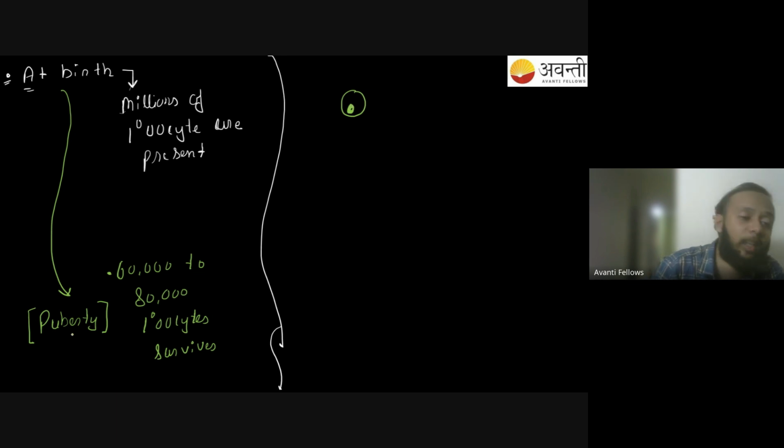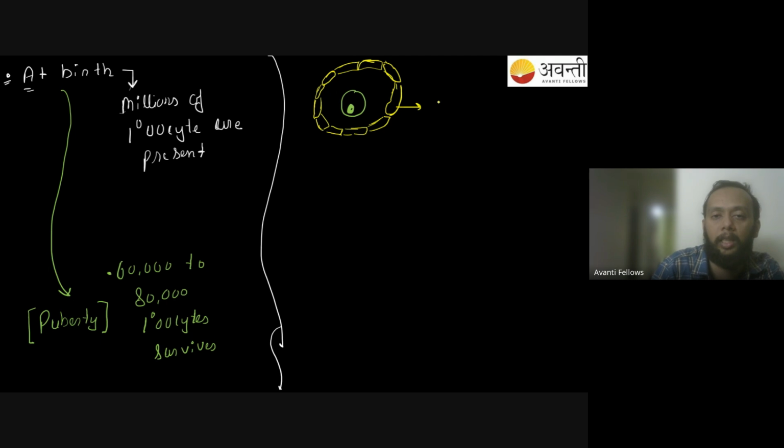The primary oocyte is surrounded by a group of cells. So you'll have a layer of cells surrounding the primary oocyte. And this layer of cells surrounding the primary oocyte is called granulosa cells. So now you have a single layer of granulosa cells surrounding the primary oocyte, and in the center you have